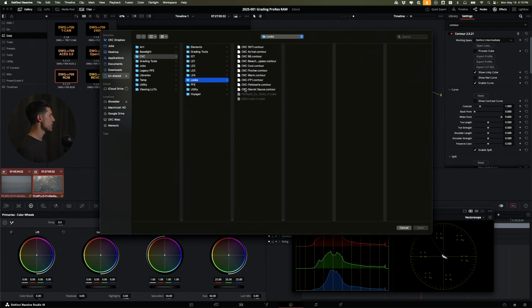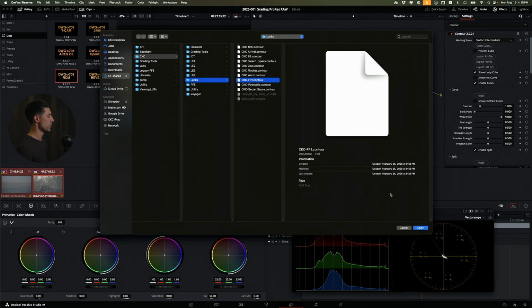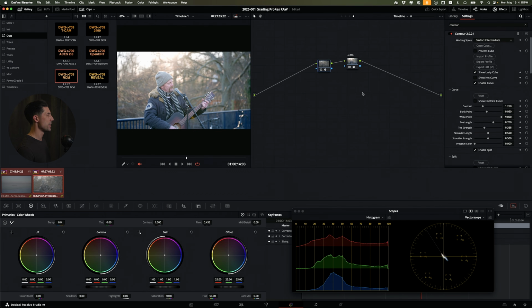For now, I'm feeling lazy. I've got a profile that I really like for this that I'm going to pull in and let that be my base. All right, so I've now got that in place. So we've now got our technical and our creative pipeline in place, and there's nothing left to do but to